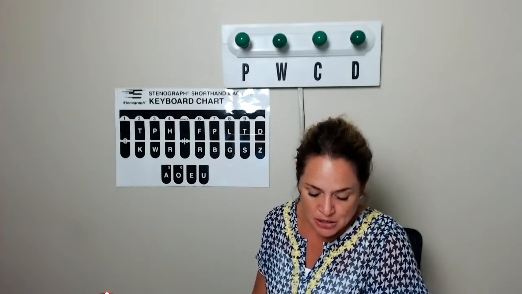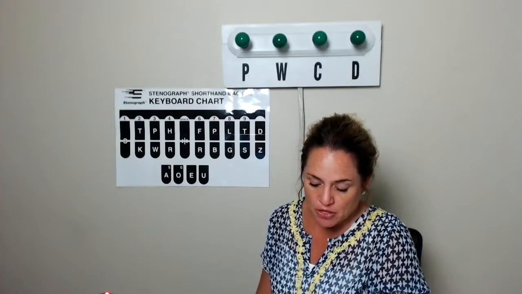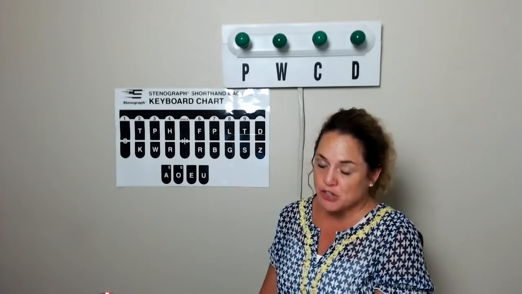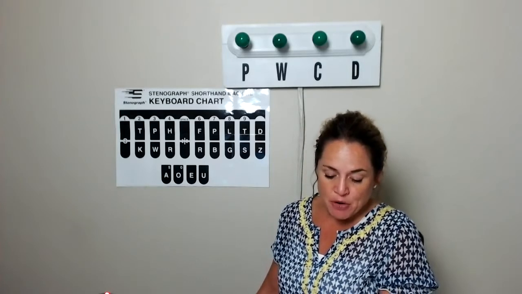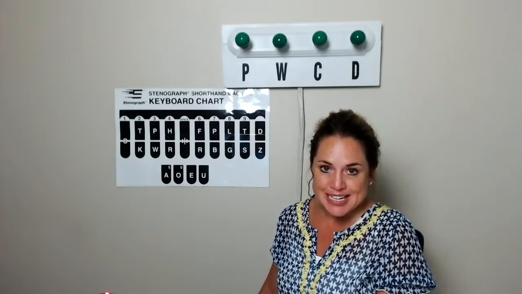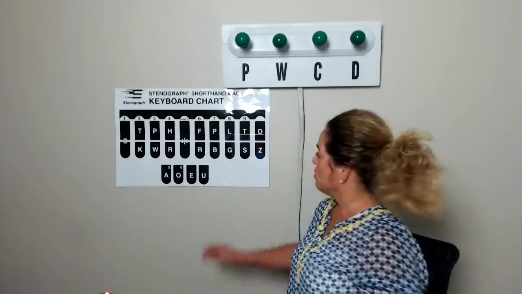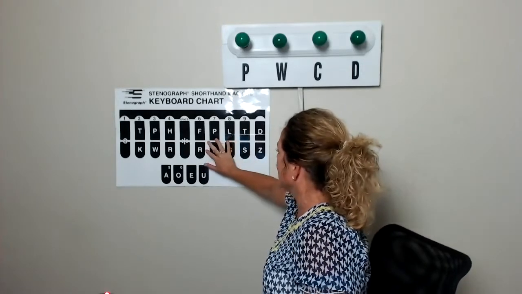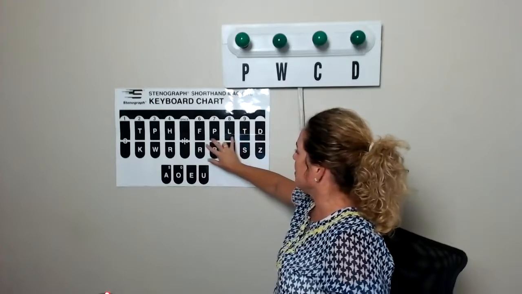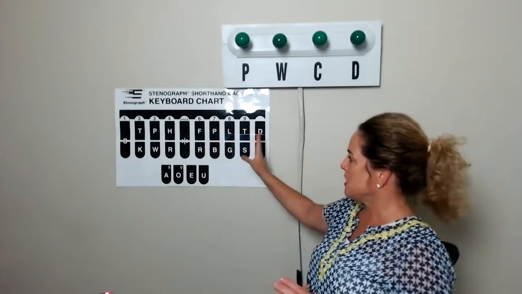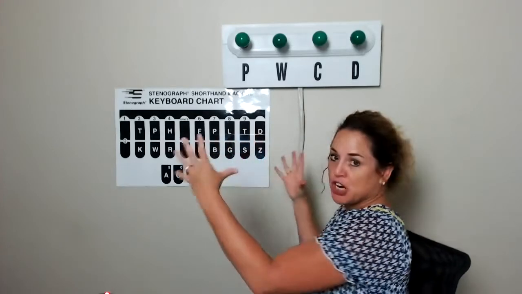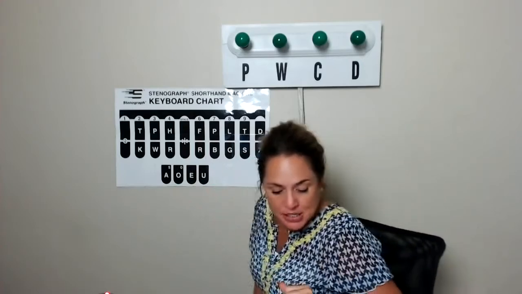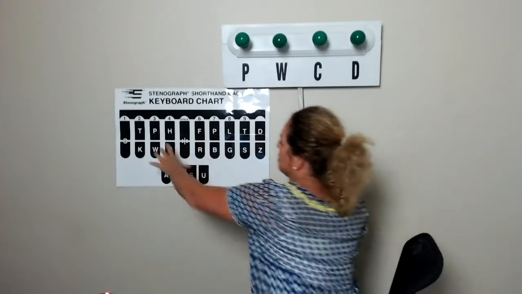Now, I want you to take a look at birth, forth, hearth. These are a little tricky. Anytime you have a word that's spelled R-T-H, we use the R-G-T. So you have to get used to keeping your middle finger up. It's a little hard for me to show you because this keyboard chart is spread out. But let's look at birth. Birth would be